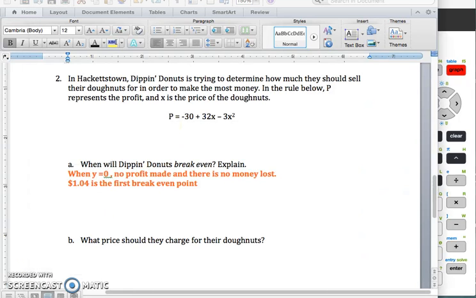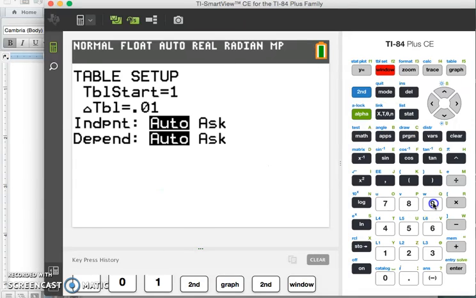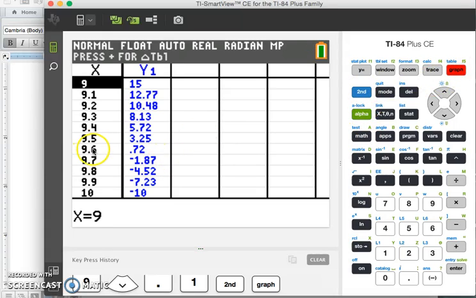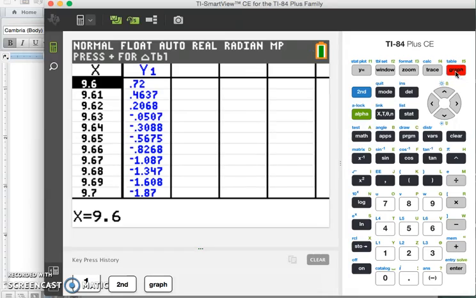So the first break-even point is $1.04, and the second break-even point is going to be somewhere in between $9 and $10. So I'll set my table to start at 9 and count by a dime and look at the table, and then somewhere in between $9.60 and $9.70. So I started at 9.6 and then count by pennies and then take a look at the table, and I find that at